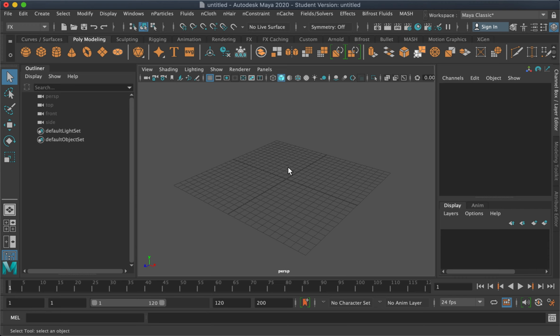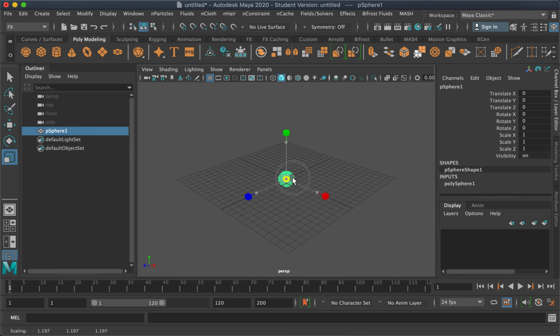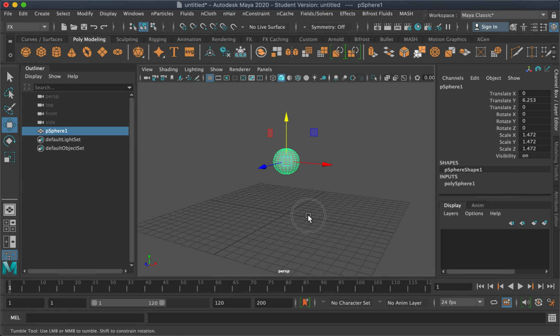Bullet physics is an open source collision detection, rigid body, and soft body dynamics library. The library provides a collection of objects, each corresponding to the various aspects of dynamic simulation. So it simulates collision detection. There are two types of bodies we can use, the soft body and the rigid body.